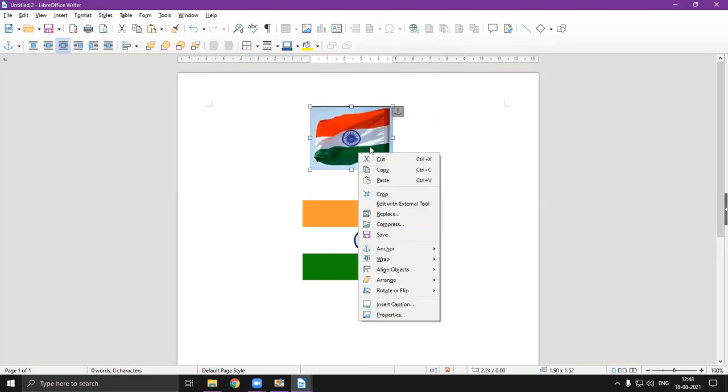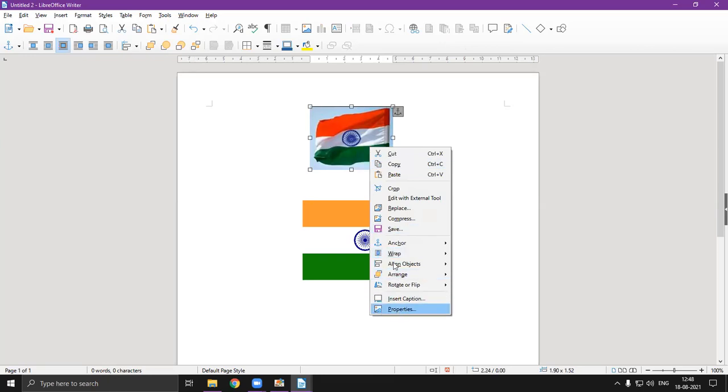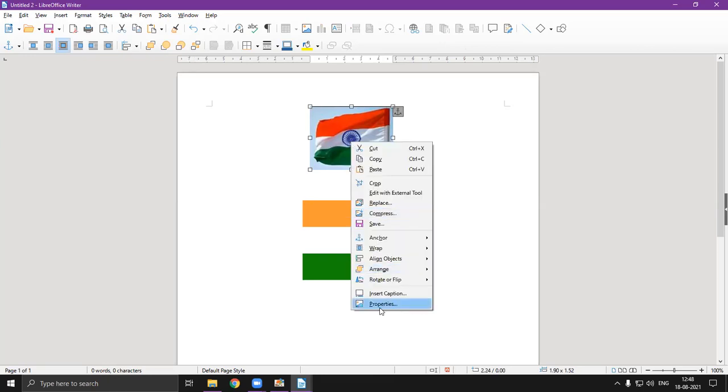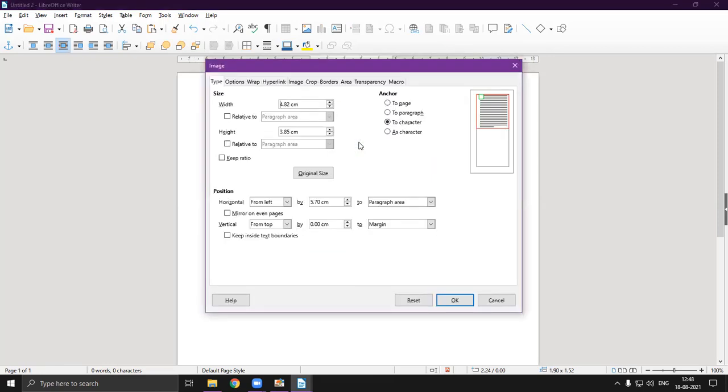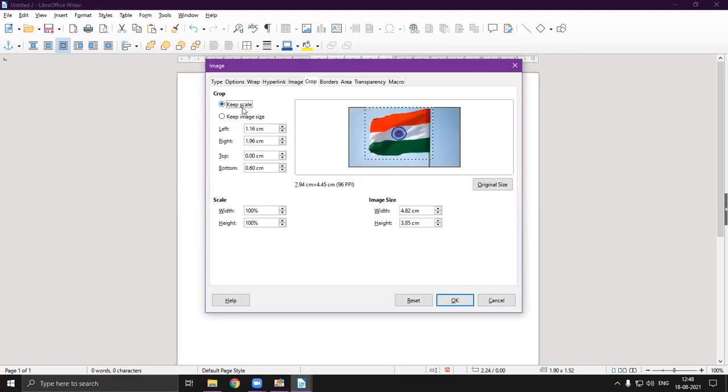And now the second one. Now I have right clicked on it, properties. You will find crop. Okay, so you can give the details. So here you can set the left margin, you can set the right margin, you can crop it from the top also, as you can see on your screen. Okay, and you can adjust it accordingly to the bottom also. Okay. So this is how you can crop your image.